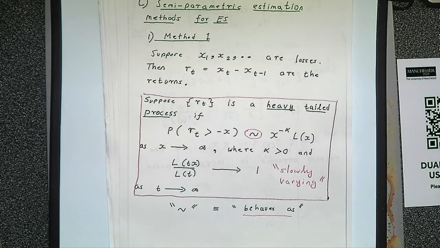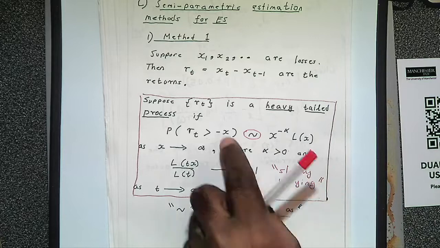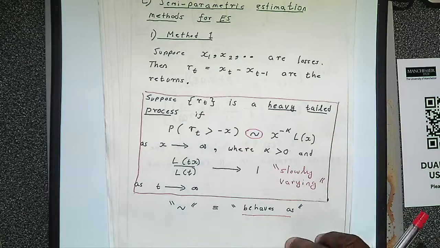If a function satisfies this condition, it is said to be slowly varying, V-A-R-Y-I-N-G, varying, okay? So this is basically the definition of a heavy tail process. So suppose RT satisfies this, then